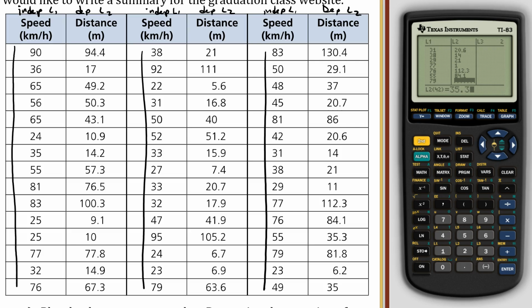You've probably noticed maybe a mistake that I typed in, hopefully not. 81.8,